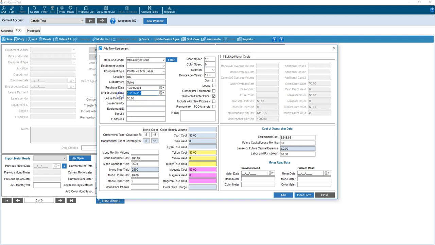And based on this end of lease date entered for this device, you're also able to track end of lease information. You can also receive a lease expiration activity based on the number of days your admin has set in the control panel, letting you know this lease is about to expire. You could then enter a lease payment, lease vendor,